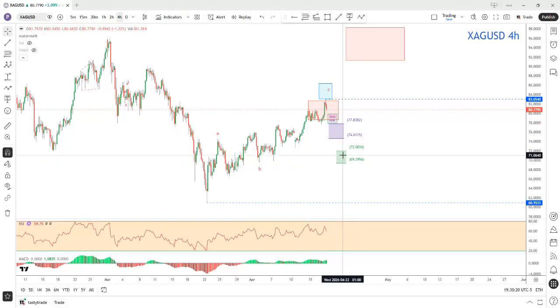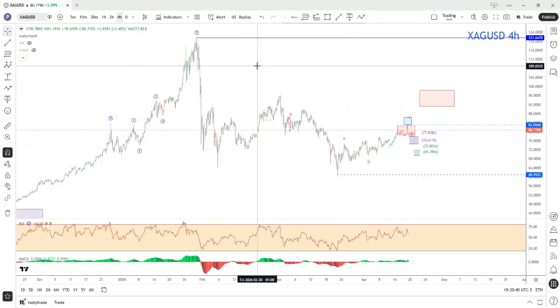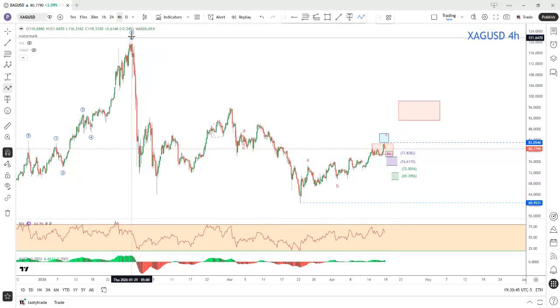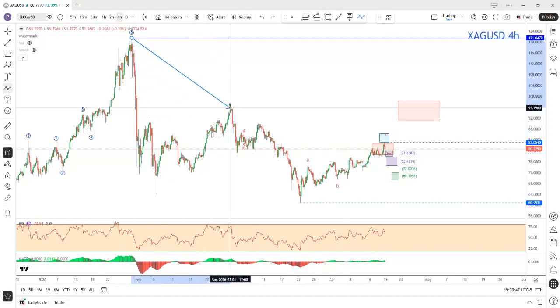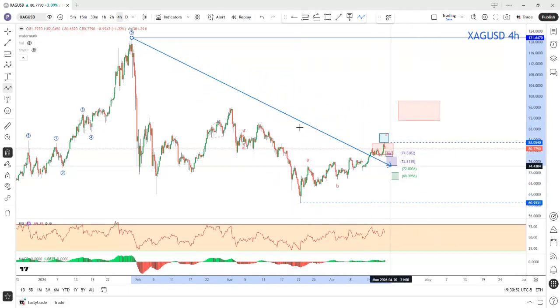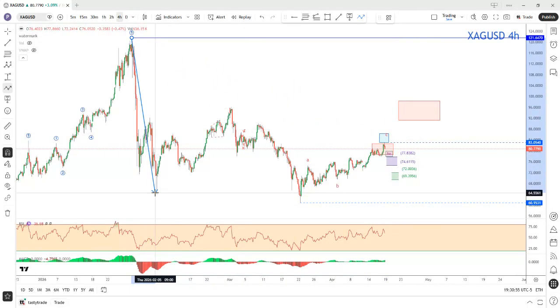So as we're going to look next, if you're bullish and you're not in silver, I'd want to wait for this green zone to hit. One, it gives you a better risk to reward, and two, you'll have a sense of what's happening here. Because as we look now, the other pattern that this thing can be, that instead of this being WXY, and now they're making another correction maybe for down, it could be that this 3-wave move to here was